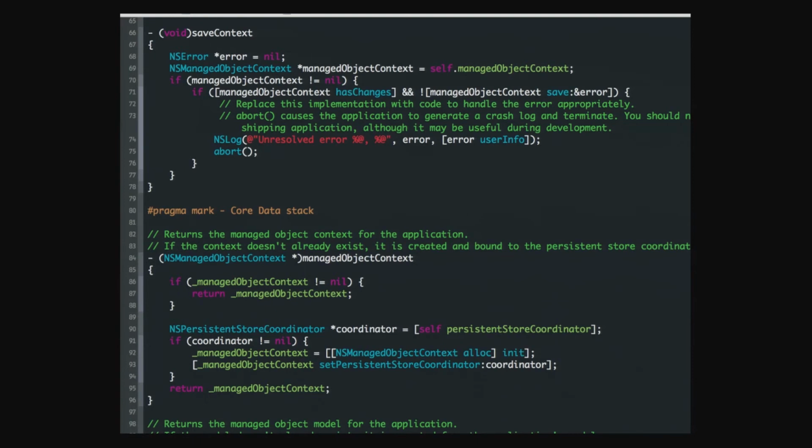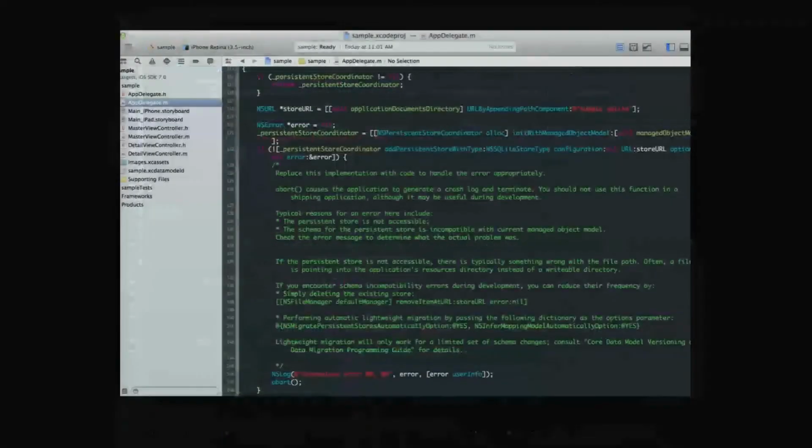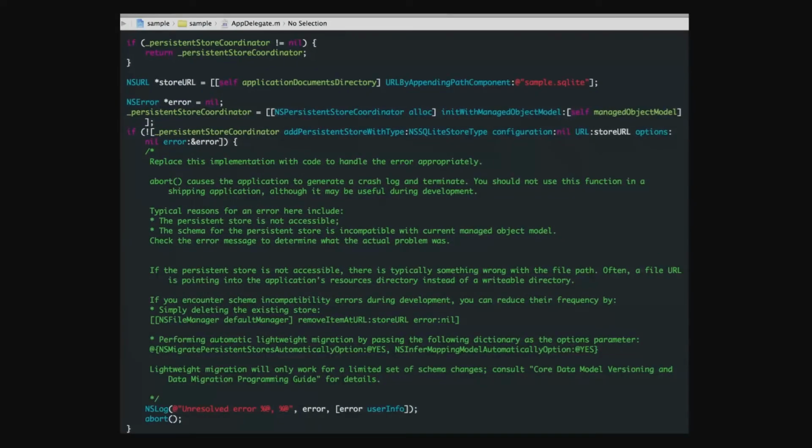That sounds like a bad idea, especially in your production apps, right? Because users love crashes, right? And what I love even more is in the simple template code, when you go into the coordinator, which is an even more complex deal here, it gives you even more stuff that you need to do in order for this thing to actually be useful. So this template is more or less useless. And again, we look down here, crash the app if the coordinator wasn't set up properly, because I love crashing my apps. So that's kind of sucky.